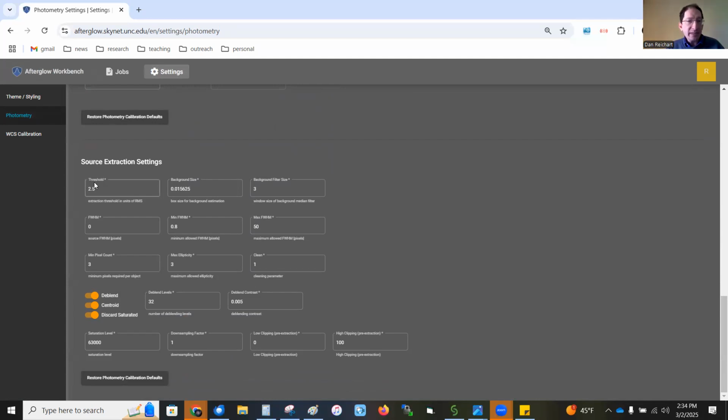And that's controlled by this first box called threshold. It's currently set to 2.5. So it's going to take any blob of light that's 2.5 times the noise level or greater. And it's giving me too many stars. So try changing it to 25. And it will only take stars that are 25 times the noise level or greater. So change it to 25, come back here,